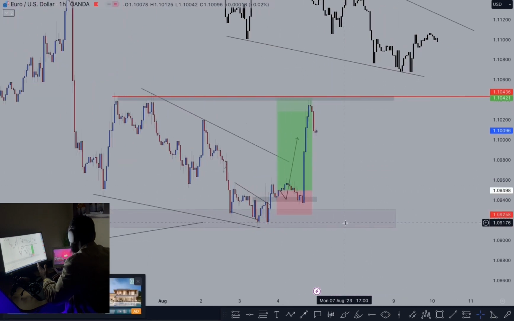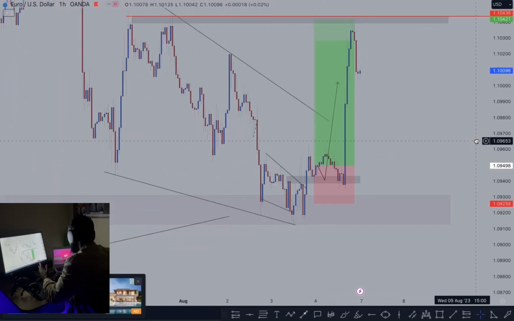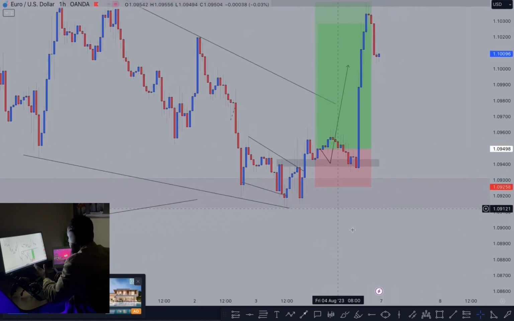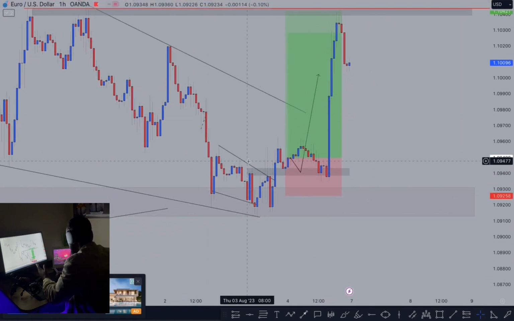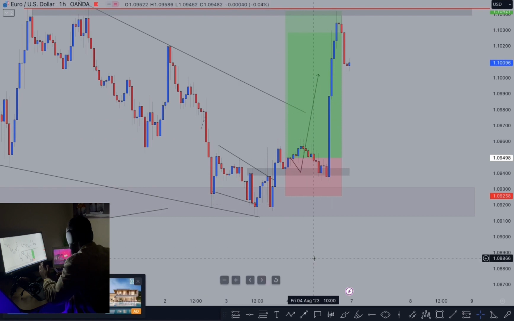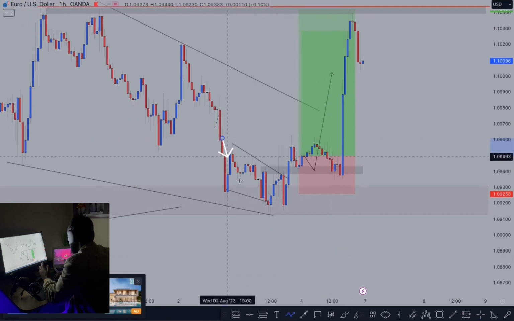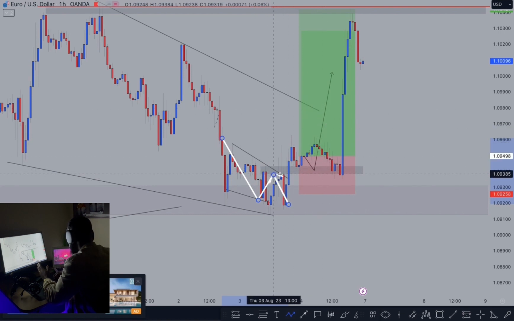So this is also another thing, that is the patterns. Also understanding market structure, we had to wait for the change of character, or we had to wait for the market structure to shift from bearish to bullish. And as you can see, we had this double bottom right here. We broke this neckline. So this arrow that I drew, I was just waiting for price to break this, retest, and then I'll find an entry,